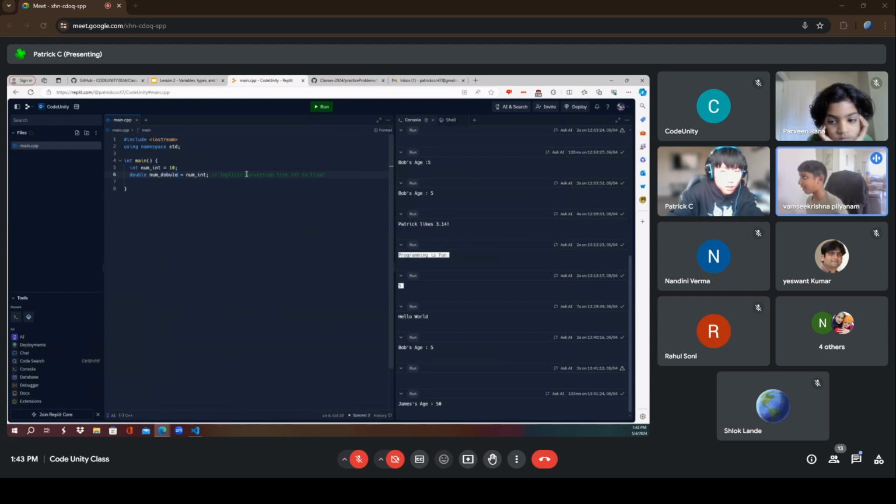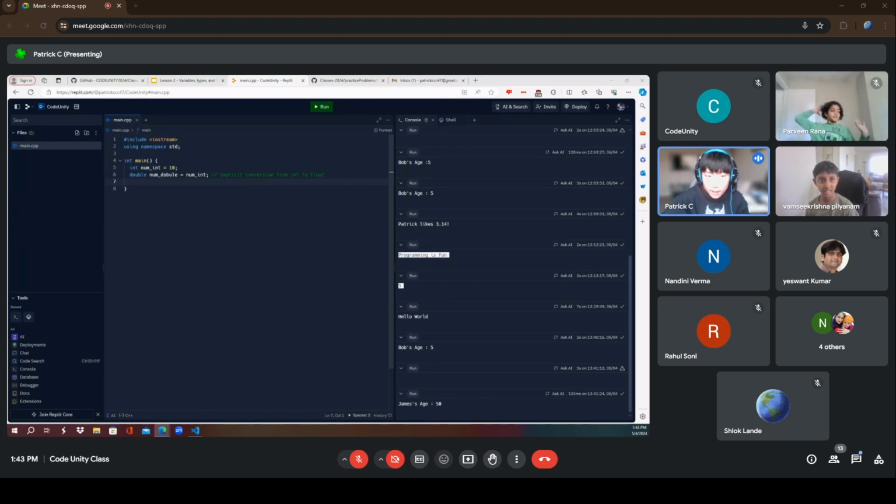I don't know why this happened, but when I put in Bob's age 5, I got a big error. Can you maybe type in the chat what exactly your program is?